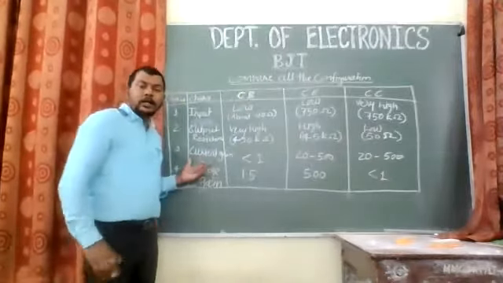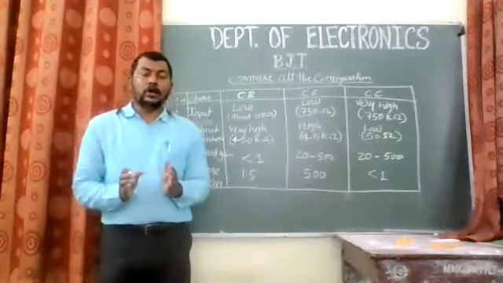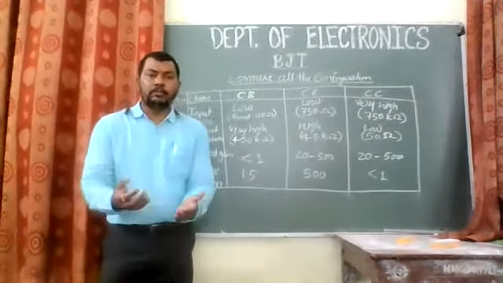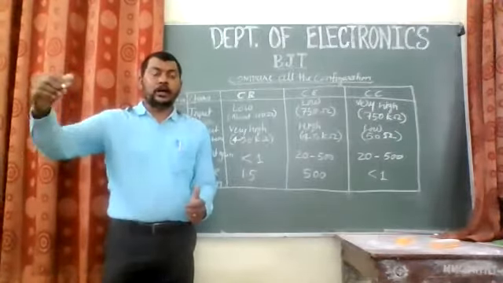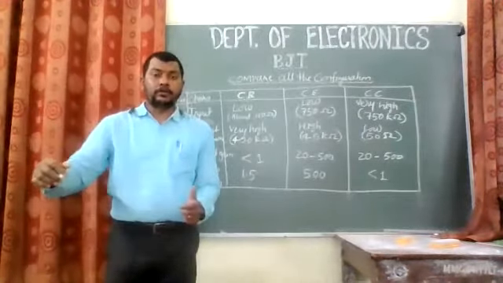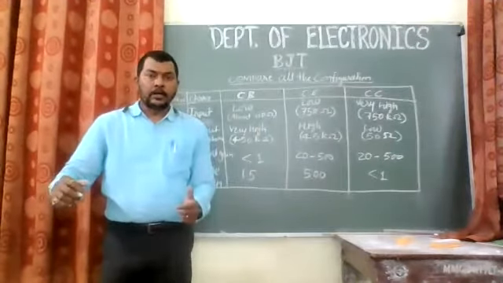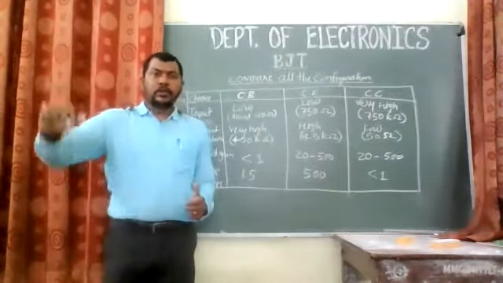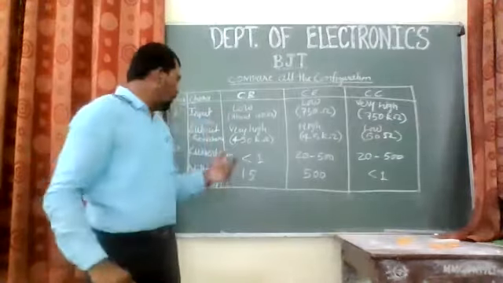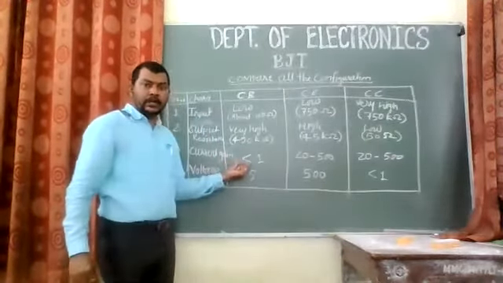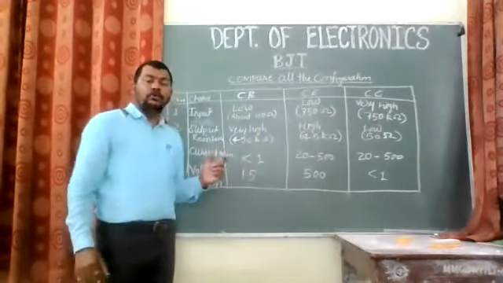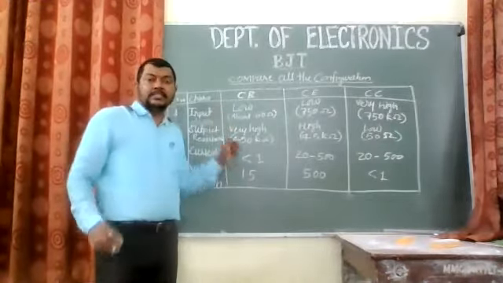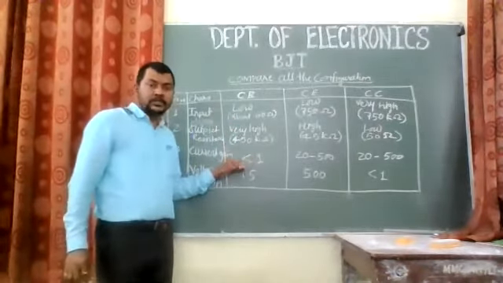Now, what about current gain? Current gain is nothing but how much current you supply to the input, and how much current we expect to come out on the output side, right? So it should be amplified. In this one, you are able to see it is not amplifying. It is showing less than one. Even if you give 1 milliampere current, it will be less than 1 milliampere. That is what it means, right?